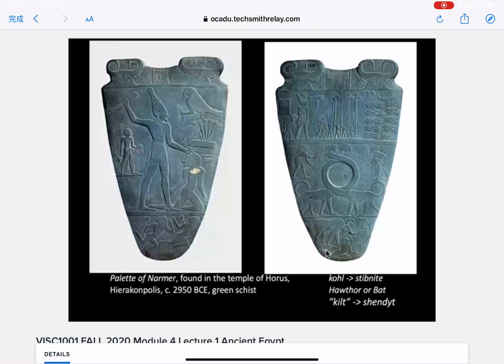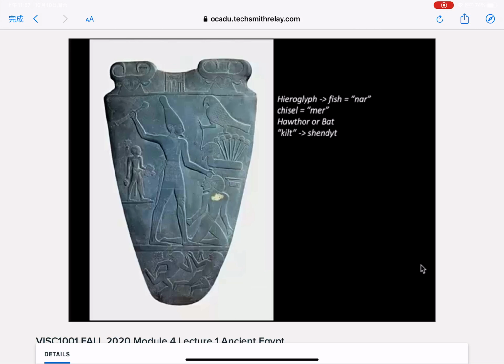So let's look at this side. King Narmer clearly dominates this side of the palette. And we can see that the surface of the palette is divided into approximately three registers. One here, one here, and then this lower portion. In the uppermost portion of the palette,